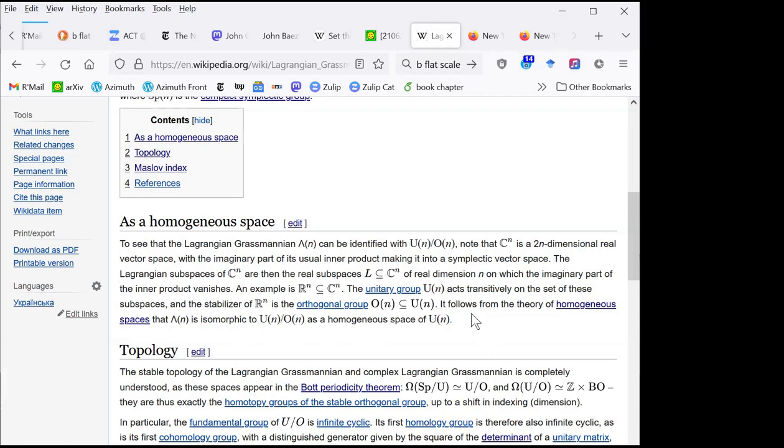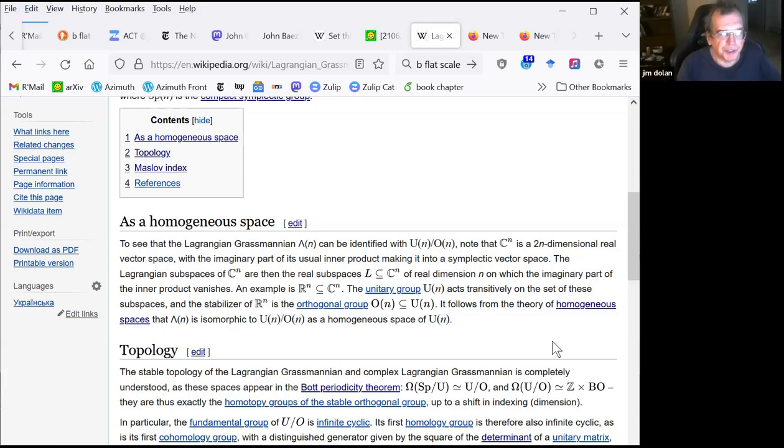Anyway, this is one of eight little things you need to know, some of which are simpler. This is one of the medium-hard ones to understand. None of them are so hard really, but this is one of the cool ones because it really illustrates the links between the unitary, the orthogonal, and the symplectic group: you're trying to understand Lagrangian subspaces, and you describe them in terms of U and O.